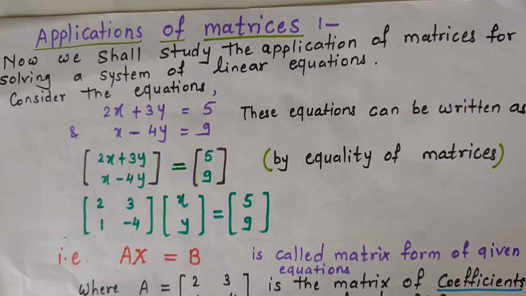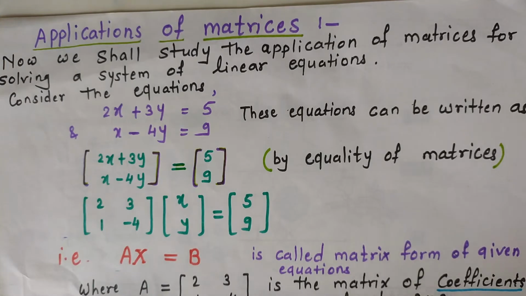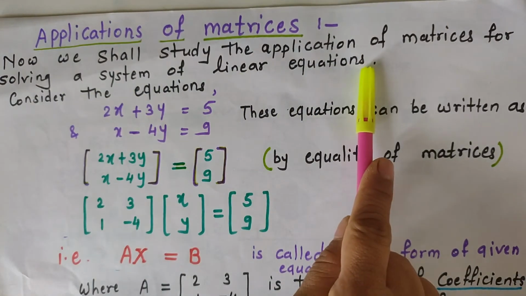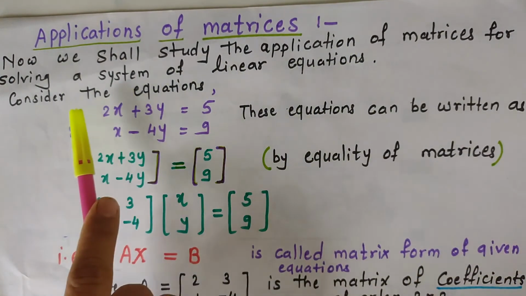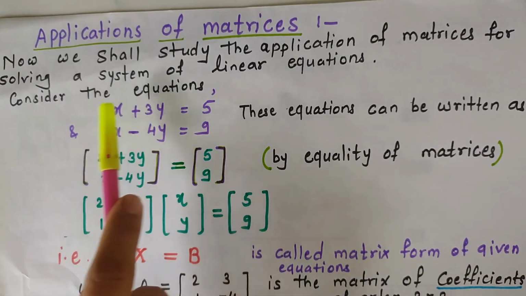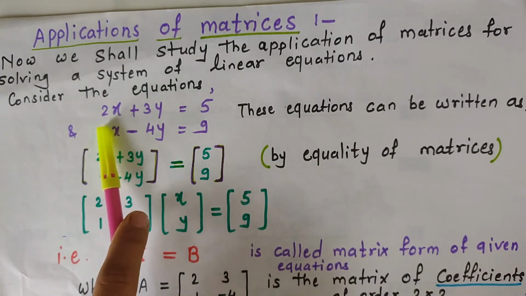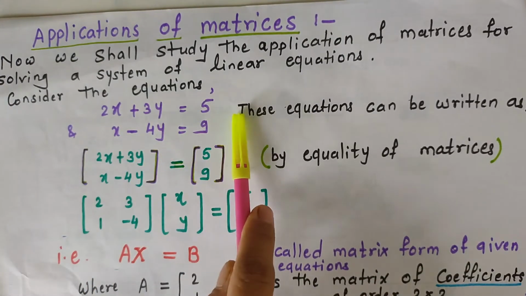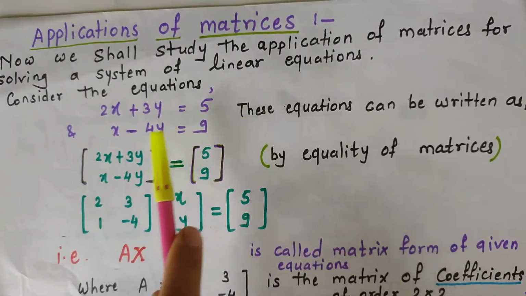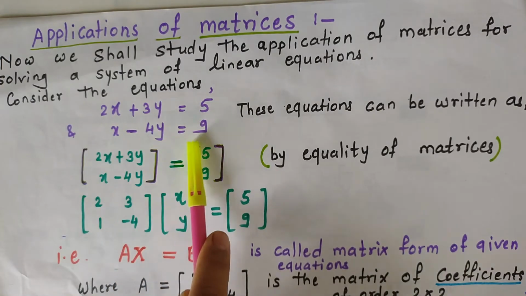Students, in the last session we learned about the inverse of a matrix by the adjoint method. Now we shall study the applications of matrices for solving a system of linear equations. For these applications, we consider a system of two linear equations: 2x plus 3y is equal to 5 is the first equation, and x minus 4y is equal to 9 is